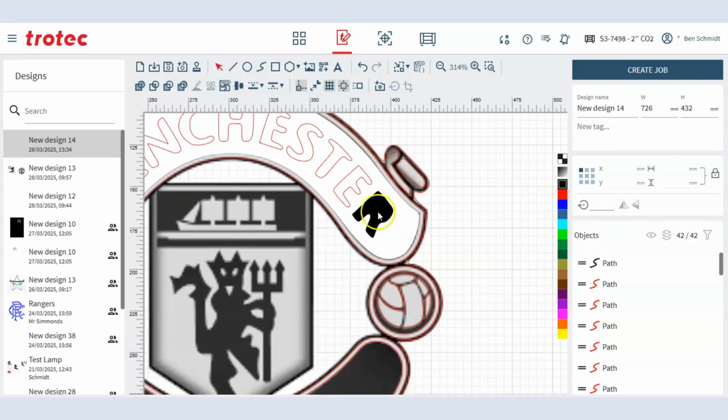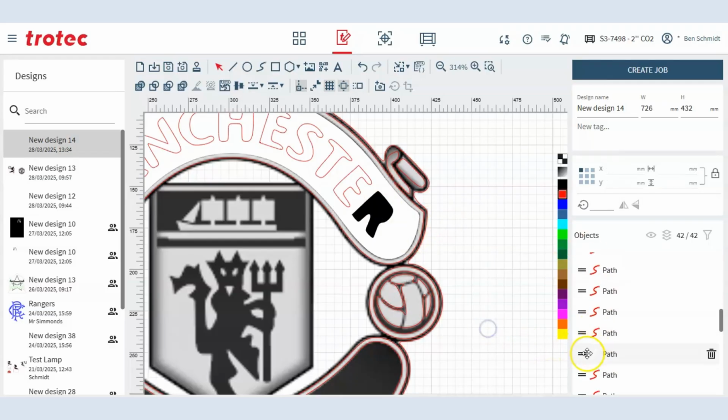Now I need the smaller part here to be white again. So let's have a look at trying to make that white. Okay, sort of did what I wanted, but now it's sitting behind the black. So let's go find that white inner, that part there. Okay, here it is here. Now for me to check that,